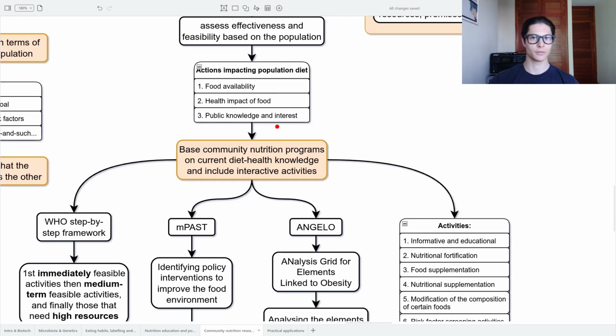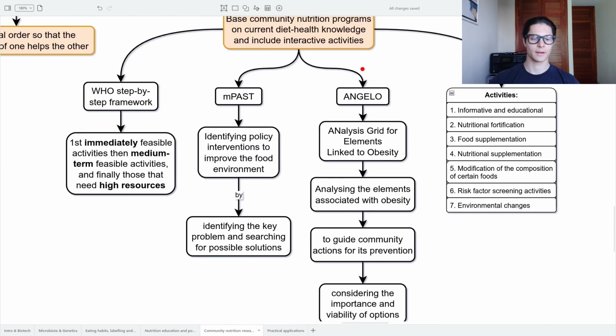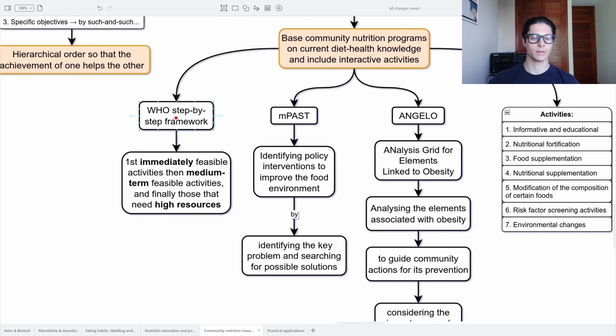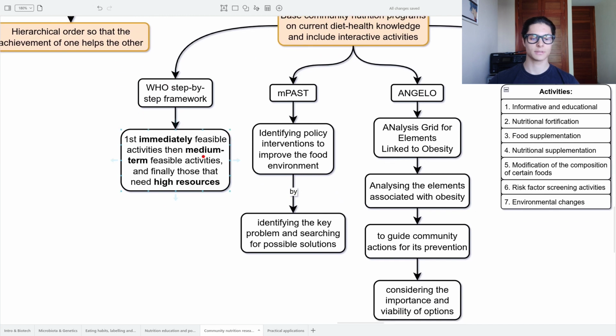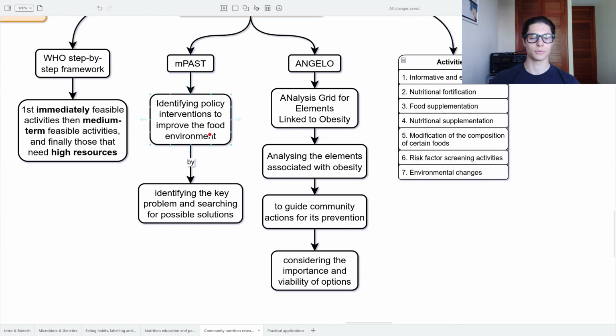All of these things are going to directly impact their health. Then we have, of course, to base our community nutrition programs on the current diet health knowledge available, and also to include interactive activities. And here we have some examples. The World Health Organization step-by-step framework: first immediately feasible activities, then medium-term feasible activities, and finally those that need higher resources. The MPAS, which is to identify policy interventions to improve the food environment, by identifying the key problems and